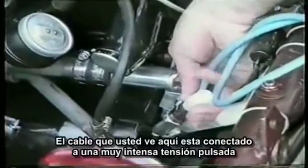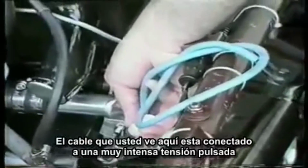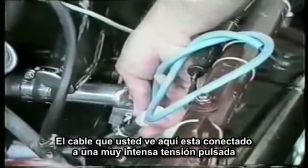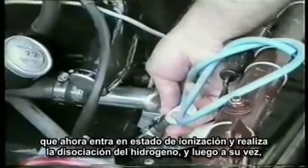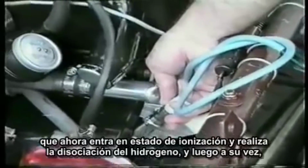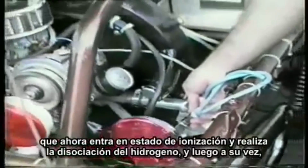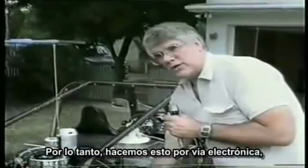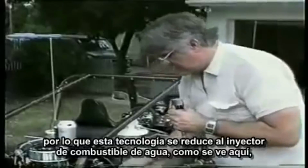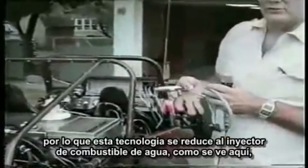The cord that you see here strictly hooks up to a very high intensity voltage pulse, and we restrict the amps to cause the electrical polarization process, which in turn, the voltage amplitude takes it into the ionization state to perform the hydrogen fracturing technology. And then the high pulse voltage frequency allows the ignition of the gases. So we do this electronically. This technology has taken us down to the water fuel injector, as you see here today,